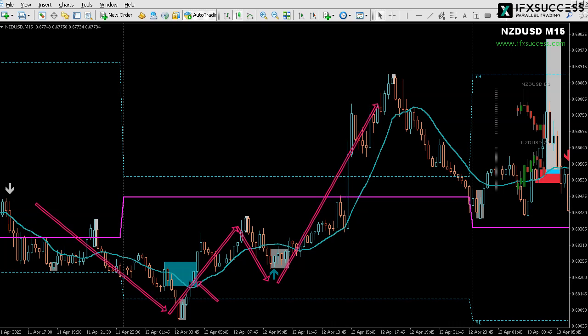Of course, we're trying to enter on the second leg, which is right here. So this was the first leg, and the second leg right over here, and then we're hoping that the market actually goes in our direction. If the daily candle is going in our direction, there are higher probabilities that the trade is going to work your way. So this is the main idea of what I want you to do. I want you to ignore this entry, and I want you to wait for the second entry going with the trend block. Okay,